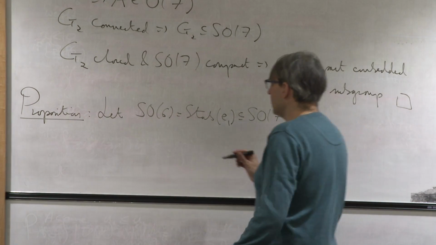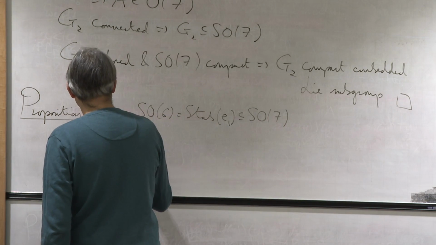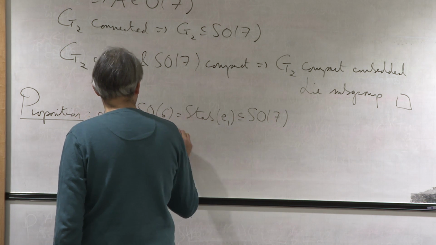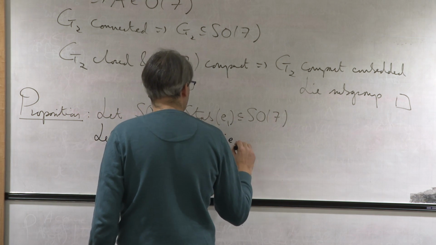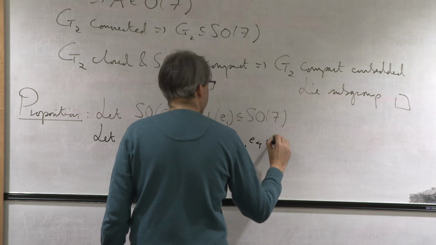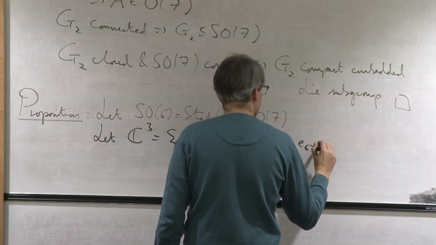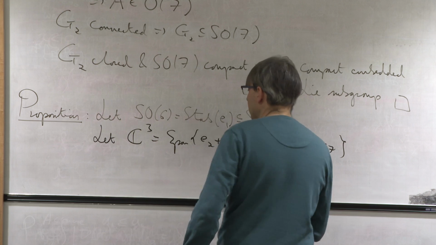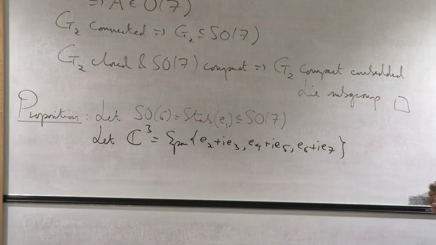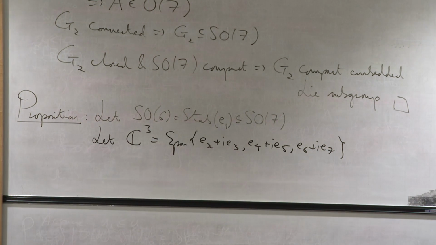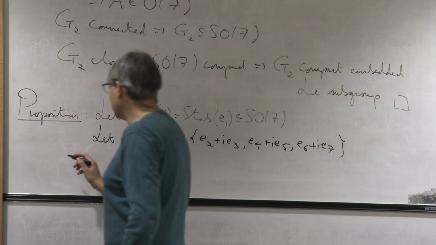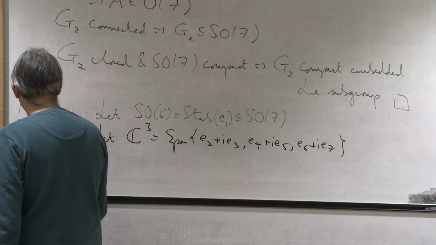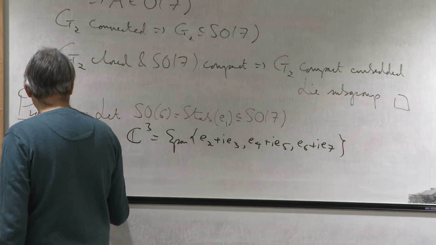And then I let C3 be the span of E2 plus iE3, E4 plus iE5, and E6 plus iE7. So what have I done? I've now split my R7 into R plus R6, but that R6 I'm thinking of as C3. Then the claim is that if I look at SO6